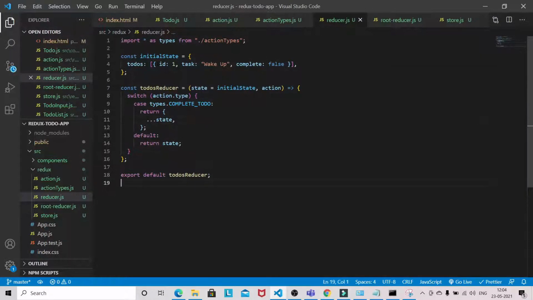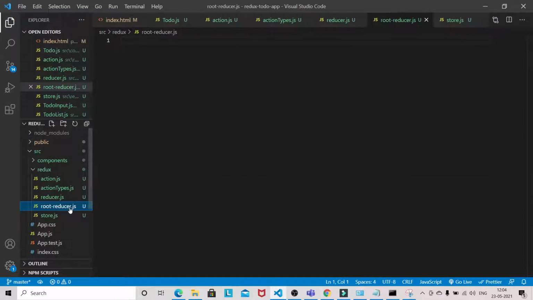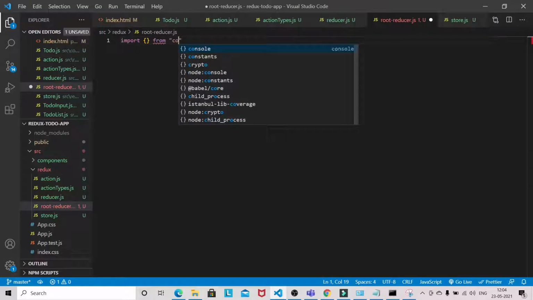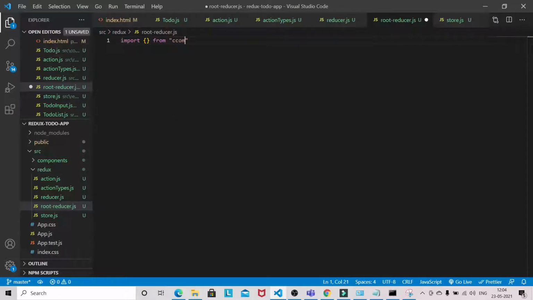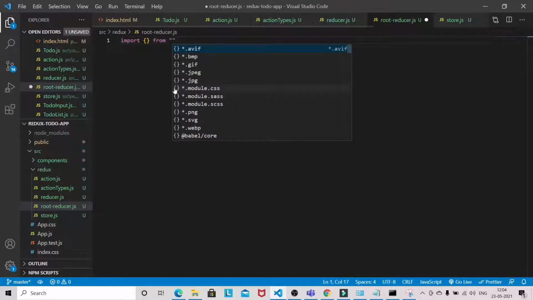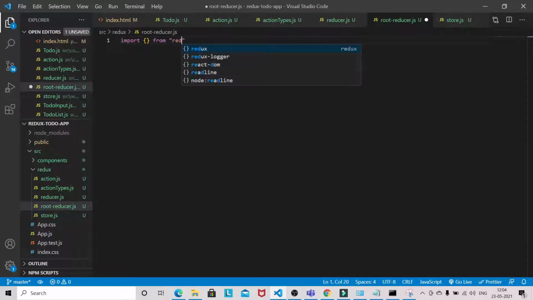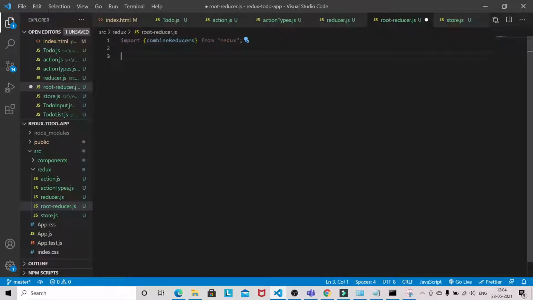Okay, so let's come to root reducer. From Redux we need combineReducers.